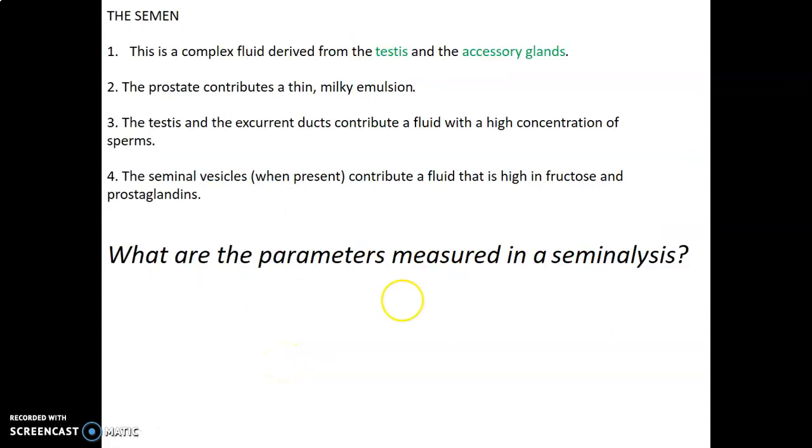So the semen is a complex fluid from the testes and accessory glands. It's a thin and milky emulsion, and the testes and the ducts contribute to the fluid with a high concentration of sperms. The seminal vesicles contribute a fluid that is high in fructose and prostaglandins. So semen contains secretions of prostate, seminal